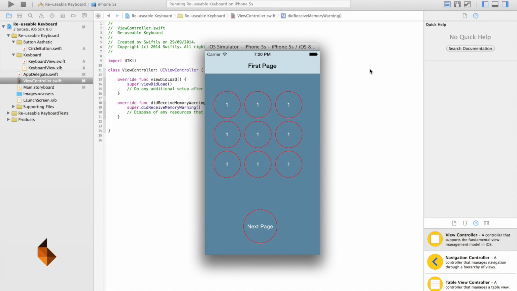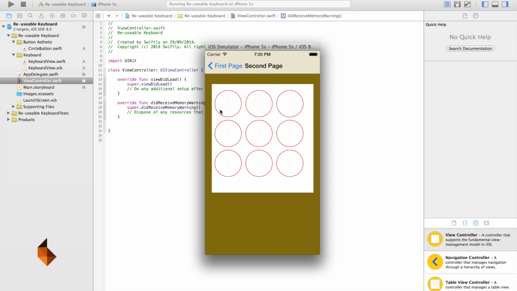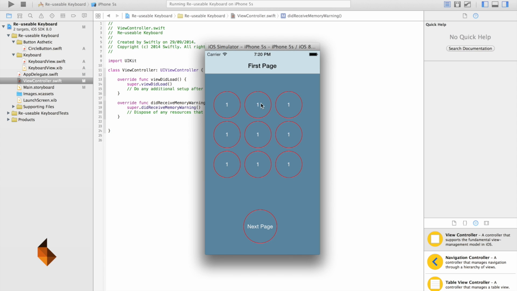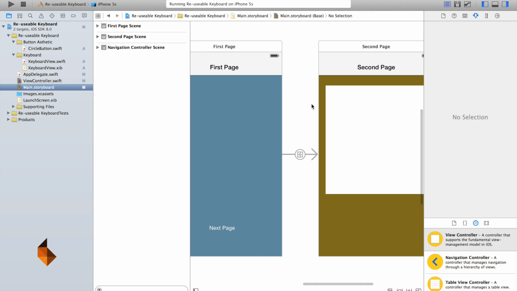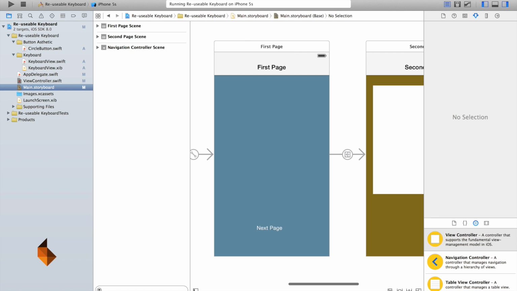Today we're going to finish the final part of our 3-part tutorial. Where we were before is we'd created a reusable keyboard which will appear on multiple screens, and we've created our custom buttons. So now what we want to do is create a text field where we'll get the input of these buttons. So first things first, let's navigate to our storyboard file and let's input a